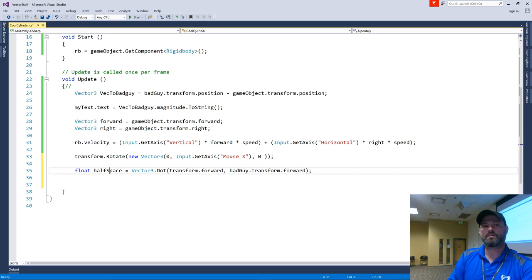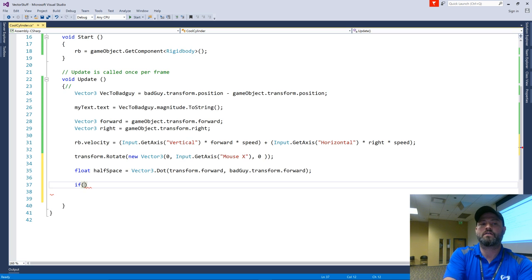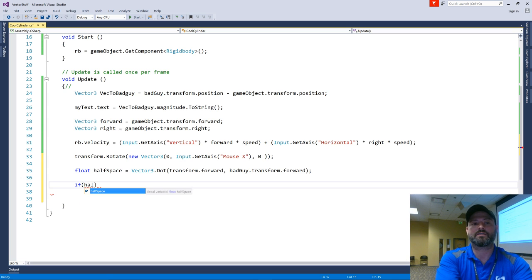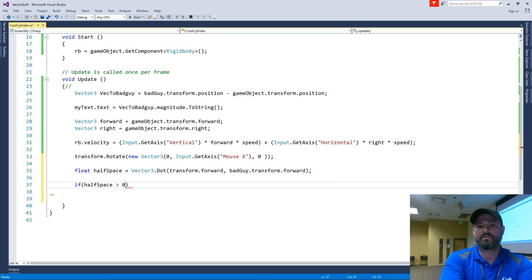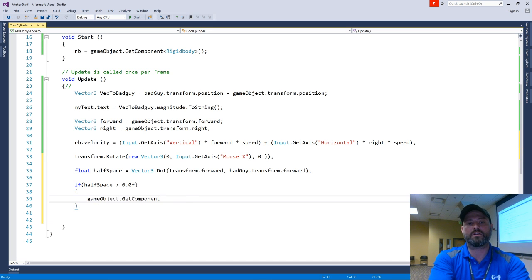It's probably a bad name for that. But if half space is greater than 0.0f, I'm going to say GameObject.getComponents. You don't have to know this.